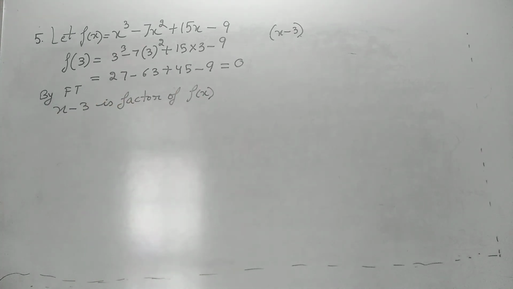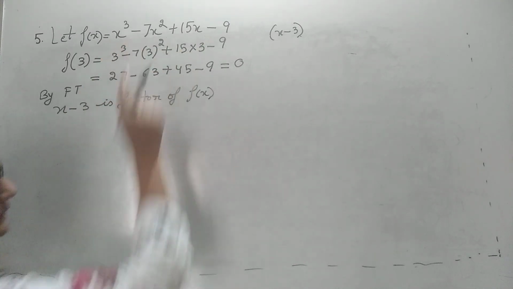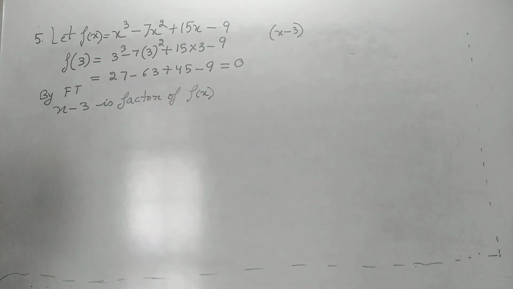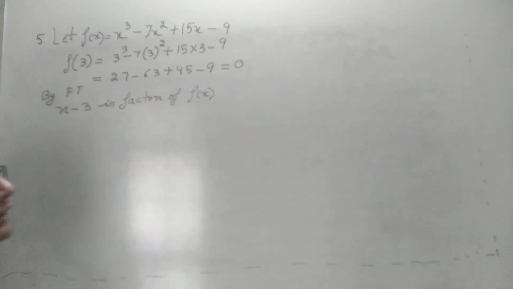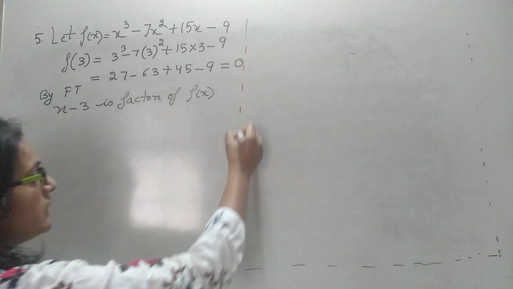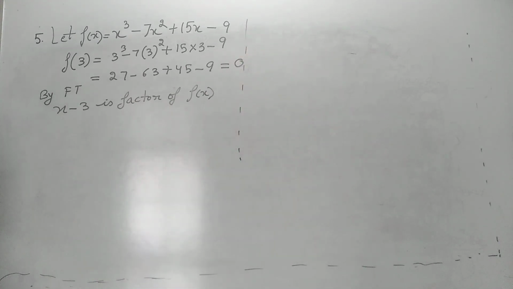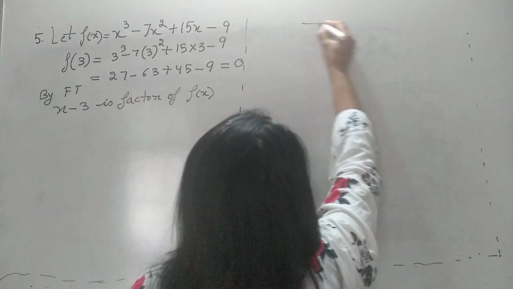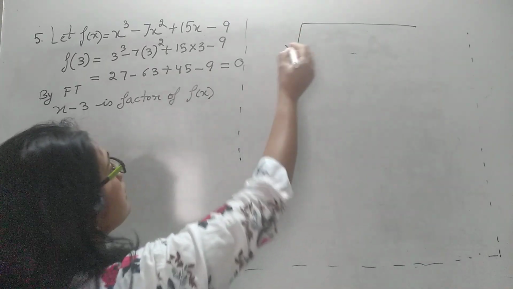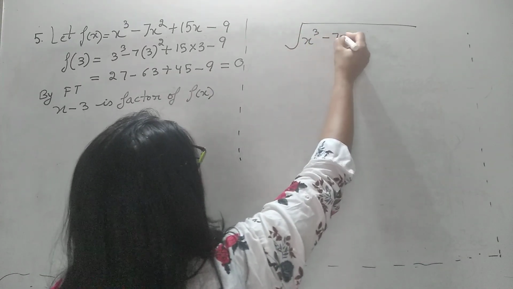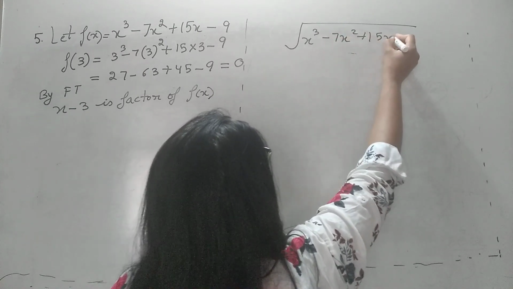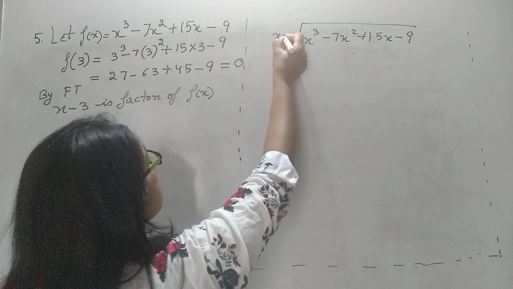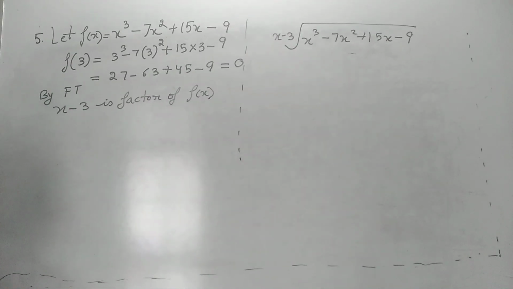Now the next part of the question is you have to factorize. This is very important because generally the question that comes in board exams is of factorize only. There are many ways of factorizing, but we will be using a very simple way, that is the long division method. Now what is that? How are we going to factorize? You have done this method in lower classes. By dividing, we will factorize it.